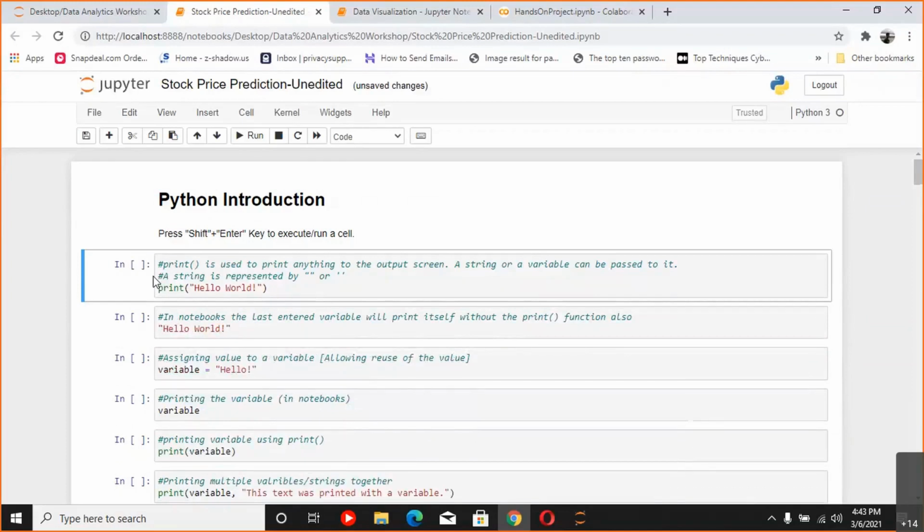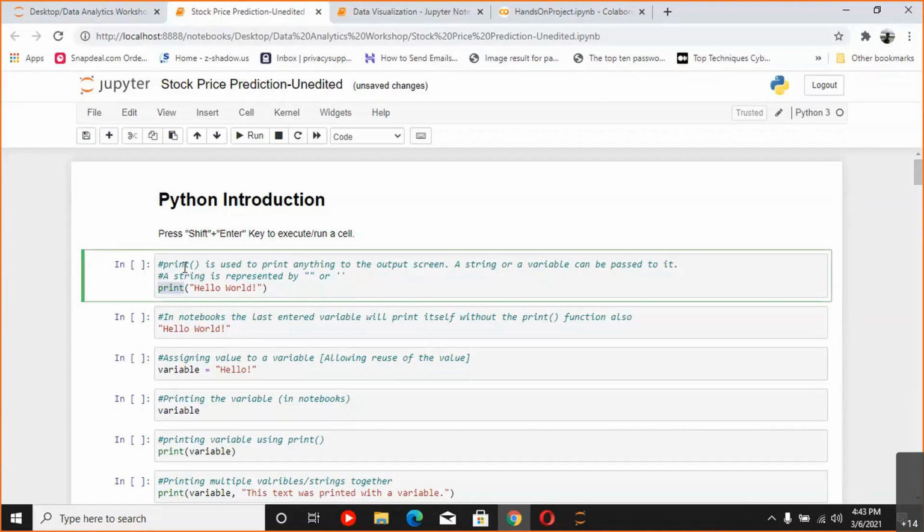Let's start with what Python is and what is the basic syntax of Python. So talking about any language, the first program that you build in it is the hello world command. And the hello world command is a combination of two things: the print statement of that language, and second is a string, that is the hello world string. In Python, you don't need any other syntax. You can directly write the statement that you want to execute, which in our case will be the print function. The print function will basically print on the output screen anything that you have inputted inside of it.